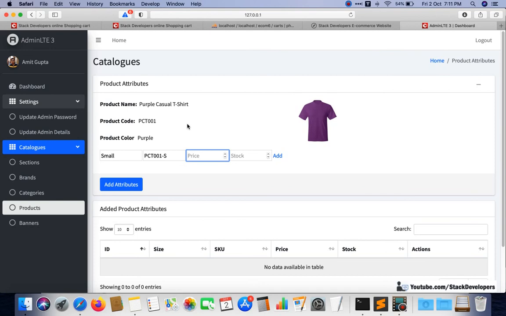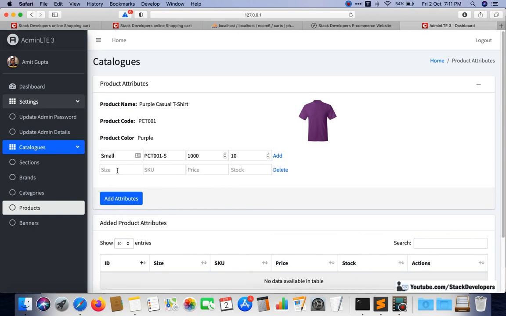Here also show the main price, otherwise you are not going to add the correct price. Whenever you notice that something is pending, you can add it on your own. So we have added the sizes here.